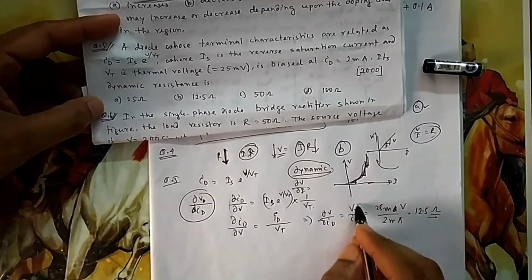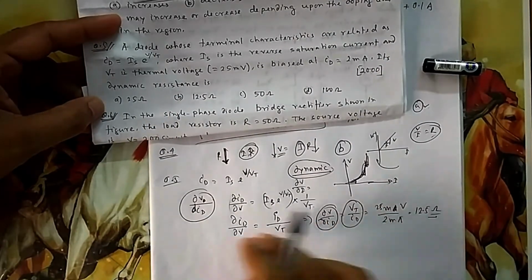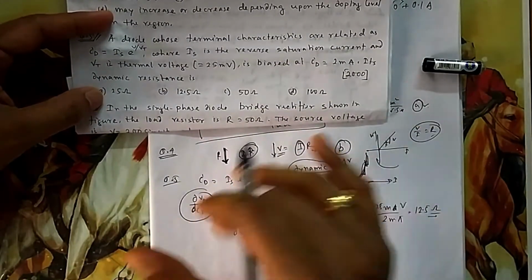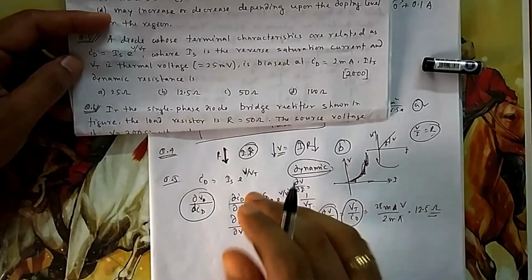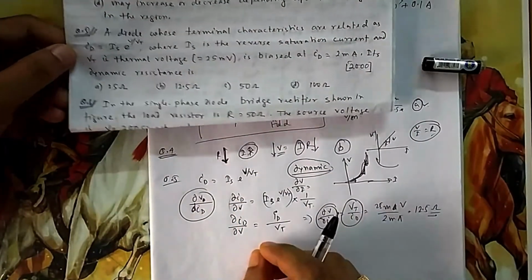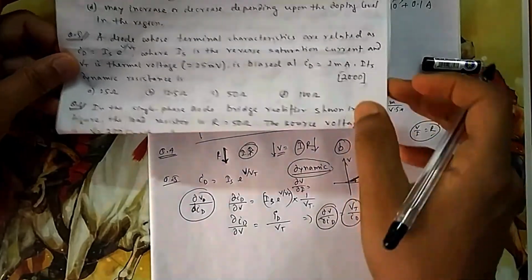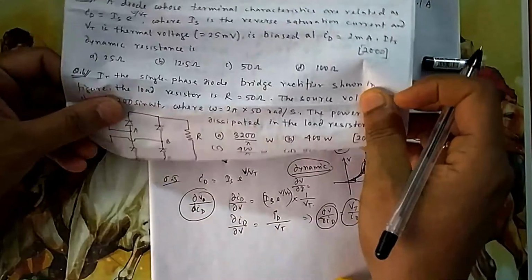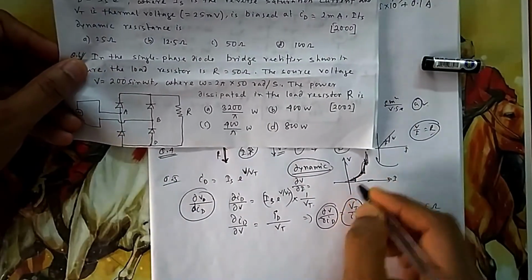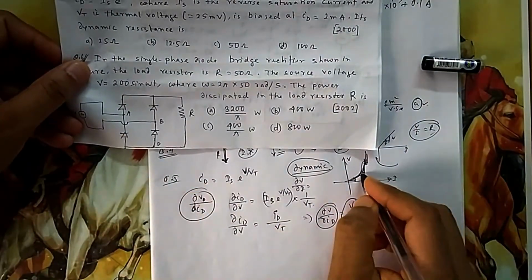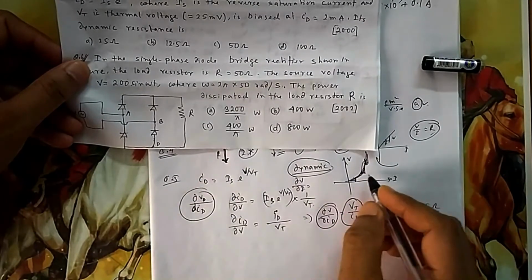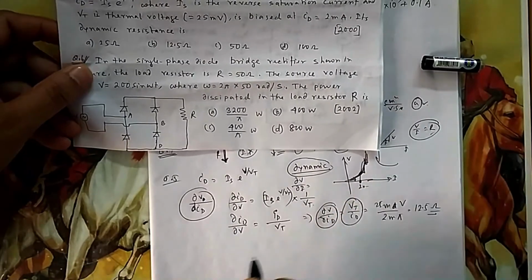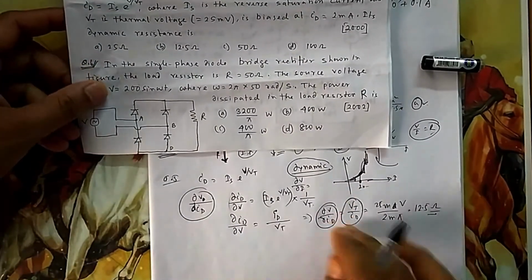Don't remember this formula directly. You try to remember this relation. This is nothing but dynamic, meaning you have to take the slope, because it is continuously changing along the curve. So that's why you have to take differentiation, and you have to put in the particular point at which you need to find the dynamic characteristics. So if the values are given, you put those values. They have given a particular value, ID and V. So ID is equal to this much, suppose 2 milliampere. So what is the slope here? They are asking. So you put that value, you will get the answer.